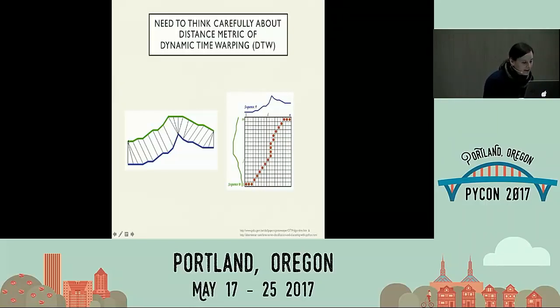So I see here between the green and the blue, if I condense these 3 points into one on the green, I'll get a much better match later. So I do this search to find the way to line up points, including compressing time to 0, such that I can match them best. And you can see that sort of grid layout here. This one, time doesn't move, whereas for this one, it does move. So that's dynamic time warping. That's the distance metric: first I line them up, and then I compute it.